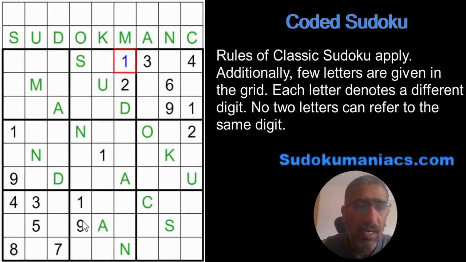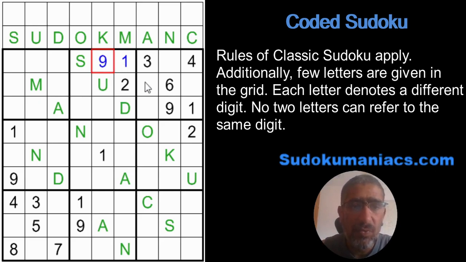Now, 9s. 9 cannot be in column 4 nor in row 3. So technically these are the only two places for the 9. Correct? But one of the cells is occupied by letter U. But when I look at row 6, the number 9 is already given and I also have the letter U. So obviously I know U cannot contain the digit 9, because then I would be forced to have two nines in row 6. So for sure I know this has to be a 9.